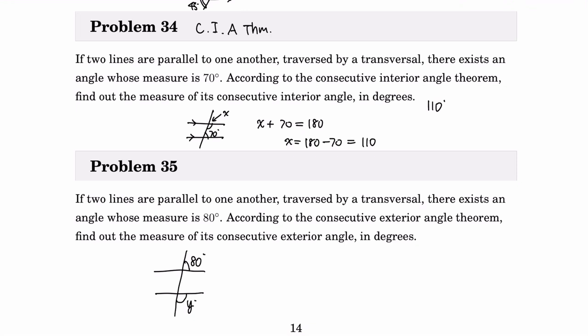Let's call it y. Okay, so we need to mark that these two lines are in fact parallel. And according to the CEA theorem, yes, let's just mark it out, CEA theorem, we know that these measures have the sum of 180 degrees. Just like the previous question, these are supplementary. So I would say y plus 80 must be 180. So if I try to isolate the variable y, we need to subtract 80 from the left side and the right side. And if you subtract 80 from the left side and the right side, it's going to be 100. And our answer for this question